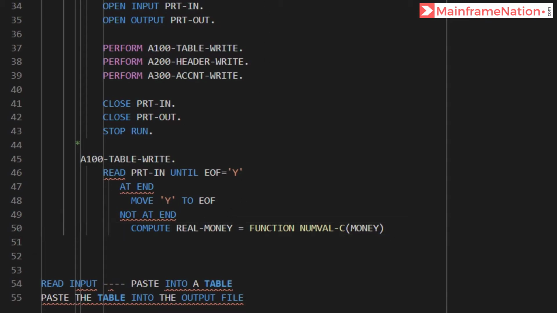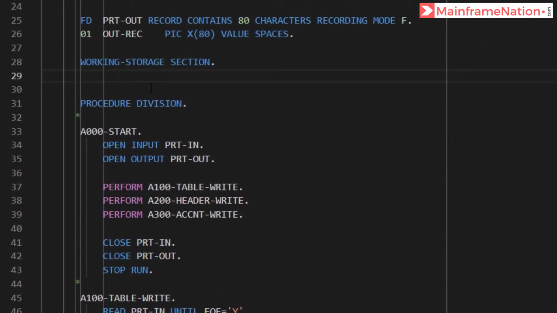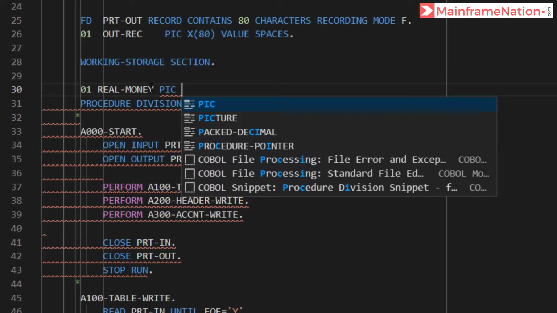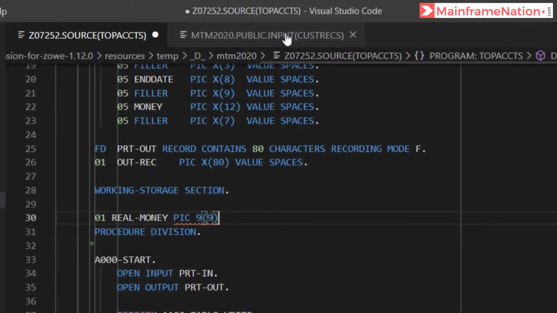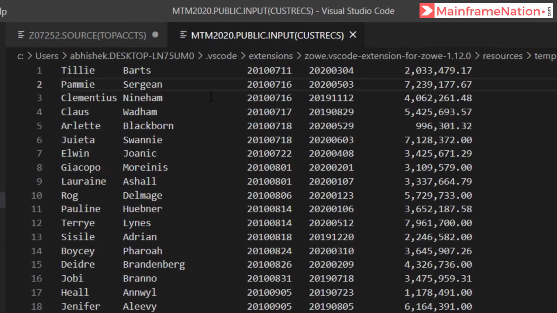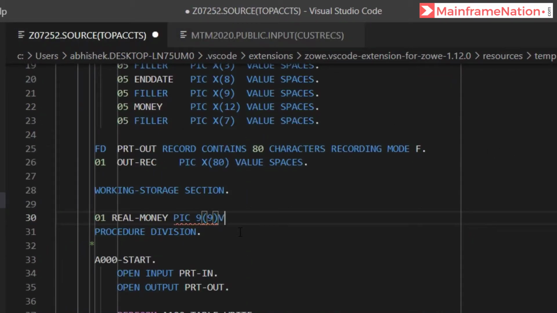So let's create this variable in working storage section. Let's call it real money pic 9 of 9, and there are also decimal values, 2 decimal values. So let's give here V99. Let's give initial value of 0.